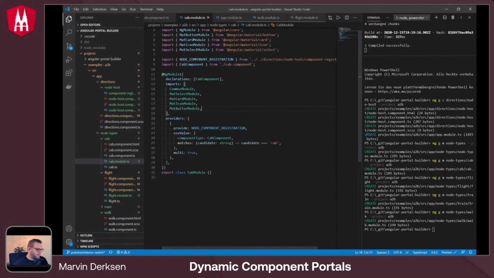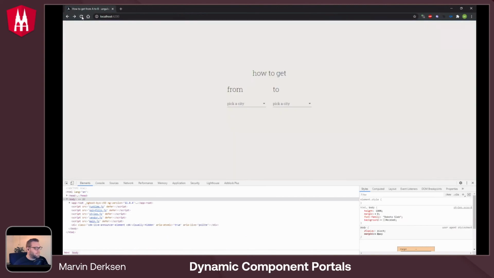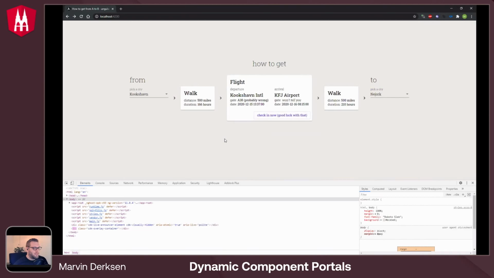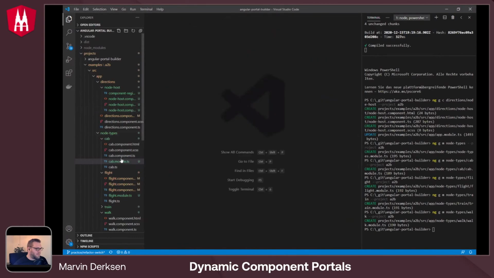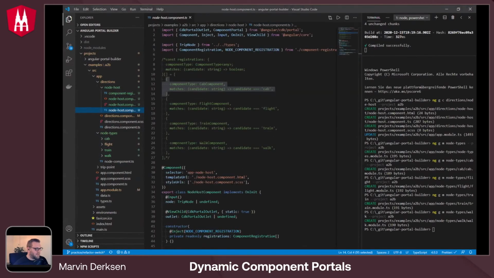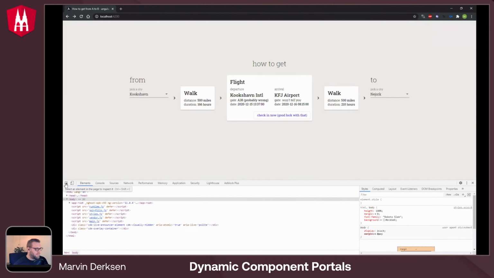Compiled successfully. Let's have a look at it. Pick the first, and wow, that worked instantly. Did I save anything, or did I save? Yes, I saved all of it. Well, I guess it just worked. First try,